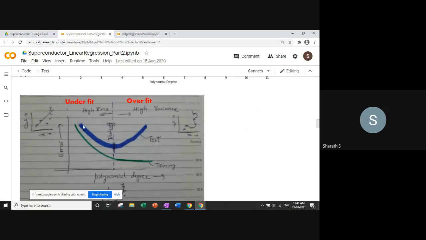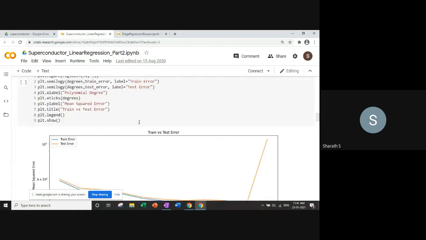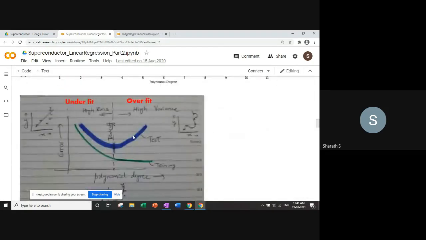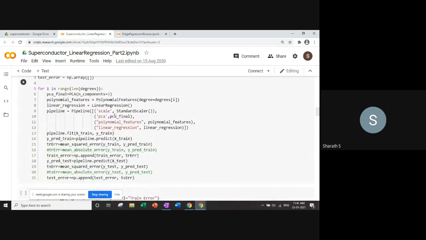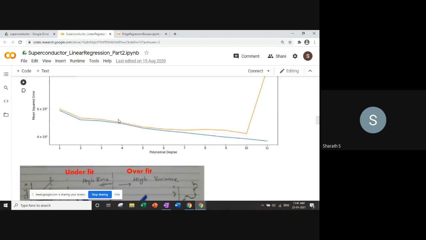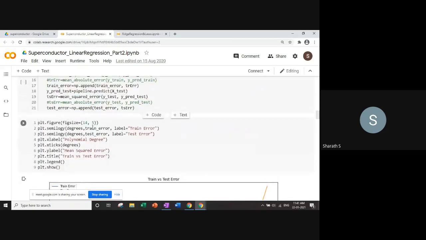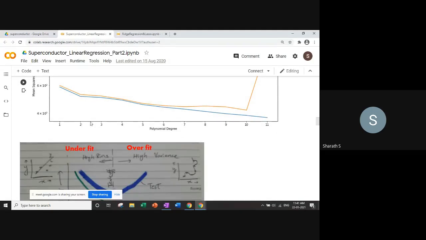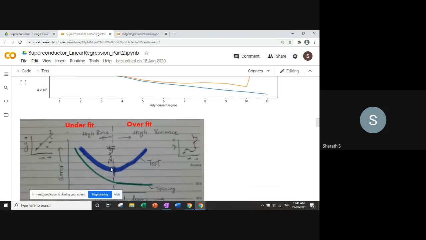So if you look at this one, when you're using too many 10th order, 11th order, and so much weightage you're giving, this is where the problem is. So you want to shrink it. So how are you doing it? You are taking each polynomial, and with respect to each polynomial degree, you are trying to assess this. So this is a sort of manual task. I mean, you are running a loop, that's fine, but still you don't know what is the right polynomial order. You run through all the polynomial orders and you identify a threshold point, and then you say that this is the most optimal parameter.